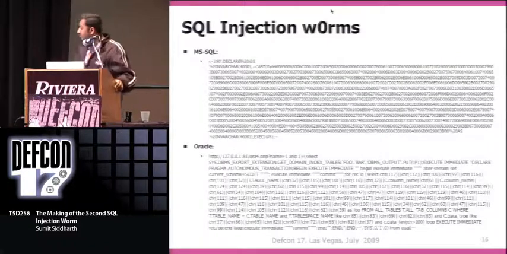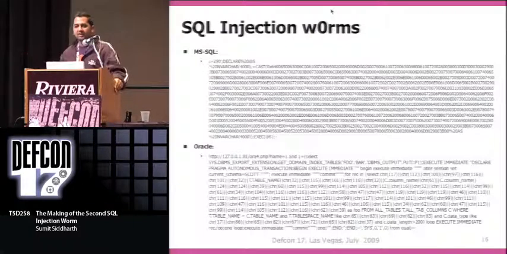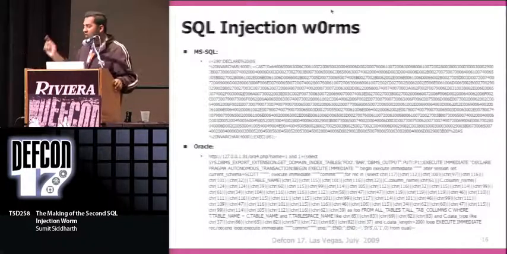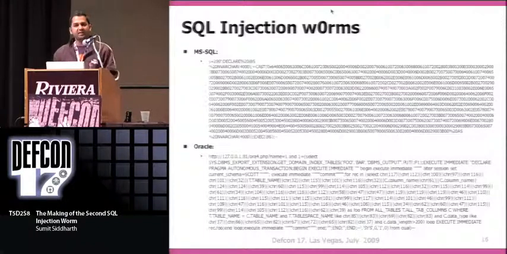So, coming back to the original topic, the SQL injection worm. Those of you who do a little bit of forensics must have seen this hex string in the logs. This was how the MS SQL worm looked. All it would do is find the web applications which are vulnerable to SQL injection. Then this massive string will look into the database and do a massive update so that the web front end changes. So the end users who now visit these websites get a website that contains some malicious JavaScripts,